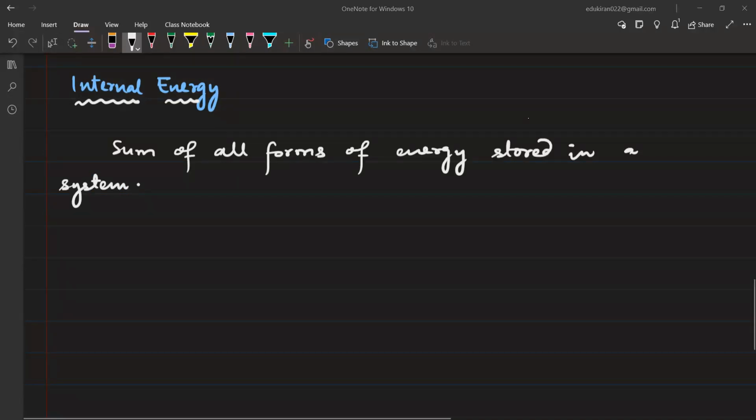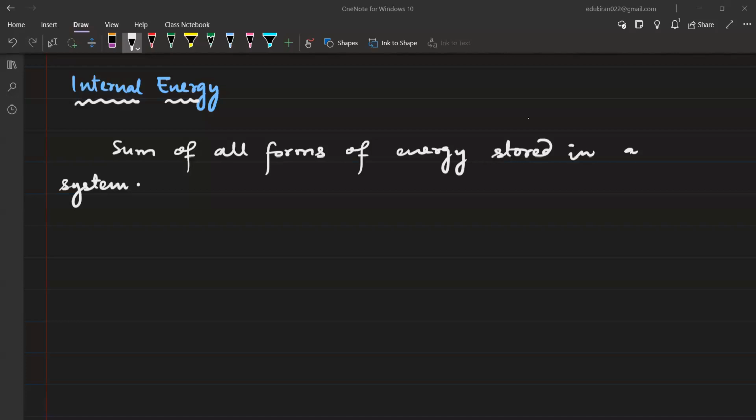Now, please understand. If you remember something from the 9th standard, try to remember it. If a body is moving, what kind of energy would it have? What is the name of it? Kinetic energy. Very good. If a body is at a certain height, then what type of energy will it have? Potential energy. Very good, potential energy.